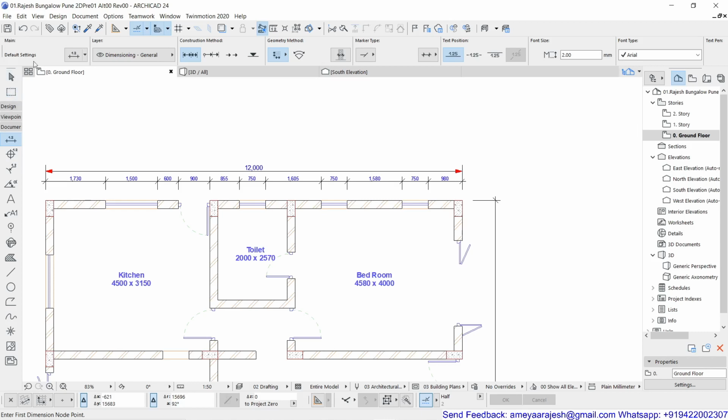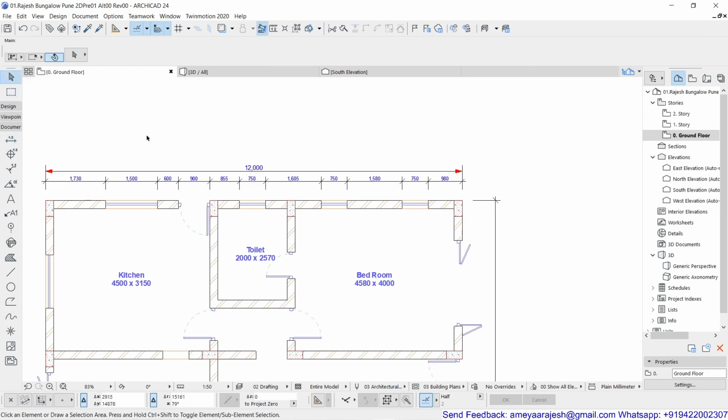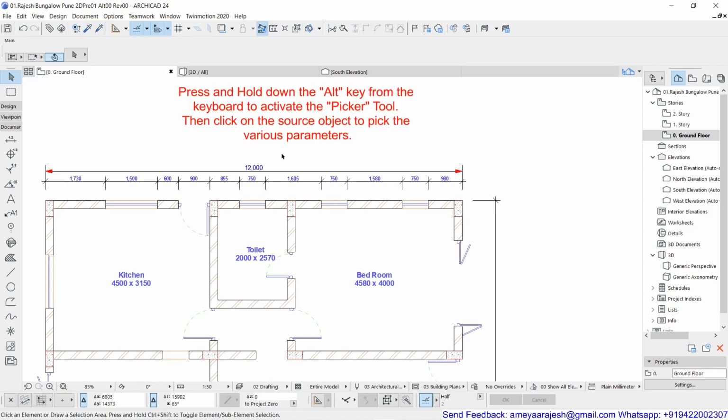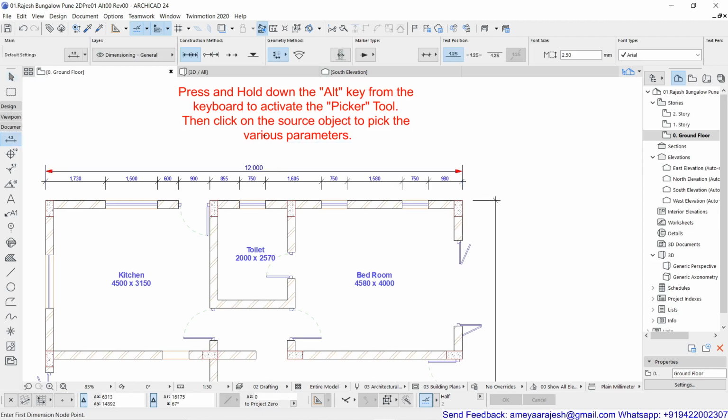You're not supposed to select anything. If you're in the arrow tool or a default setting, that's okay, but I'll be in the arrow tool. Now see these two buttons, pick parameters and inject parameters. So how to activate them? Either you pick them and use them, or otherwise, the best way, if I hold the Alt key on the keyboard, you will get the hollow picker. And if I stay on the targeted object, for example my dimension, it becomes a semi-filled picker. So I'll just stay there and use the mouse pick button. This is nothing but picking the parameters.